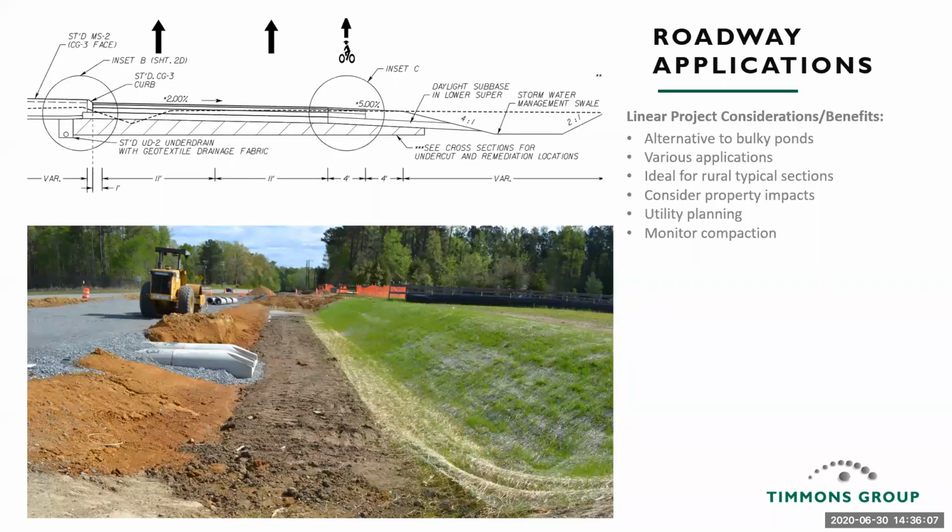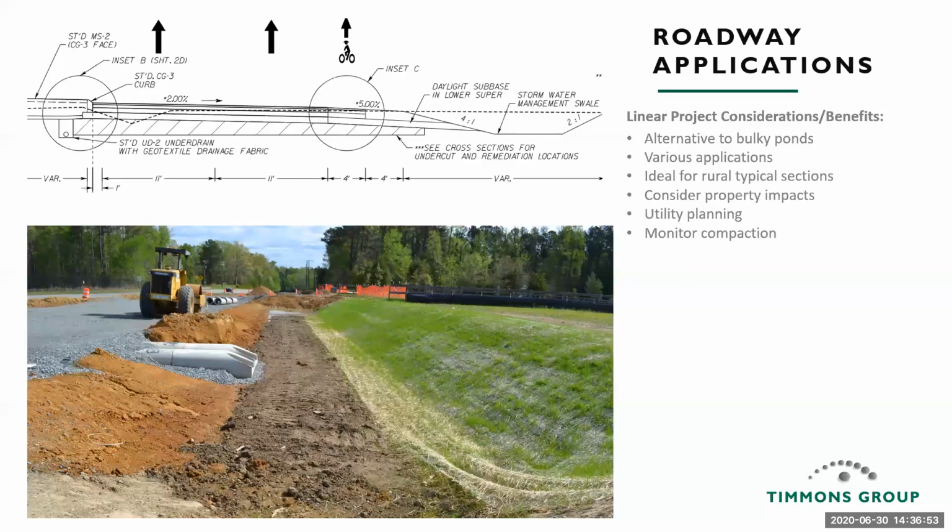Like I mentioned, it's ideal for flat grades. It can be up to 4%, but flatter grades are more ideal for infiltration. You also want to make sure, particularly on the dry swale side, if you have an underdrain, that you have enough relief to daylight that. And then you can see in the picture at the bottom, it's good to distribute that flow. So in the case of the project I'll get to next, there was some drainage on the other side of the road that was not ideal for widening for a trapezoidal ditch because of utilities. So we introduced multiple lines of culvert that would intermittently introduce drainage from one side of the road to the other, to get the maximum amount of treatment out of the side of the road that was more ideal for this application.